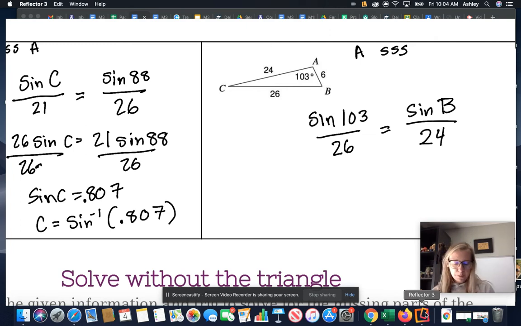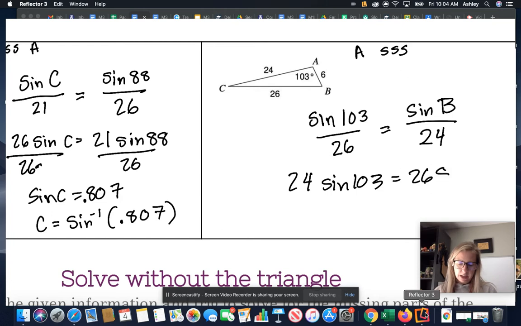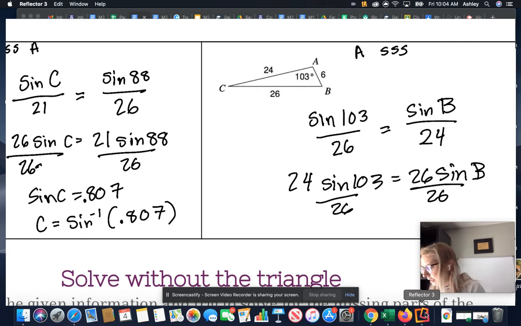Okay, so cross multiplication gives me 24 times the sine of 103 is going to be equal to 26 times the sine of B. To isolate that sine B, we're going to divide by 26 on both sides. Now we have 24 times the sine of 103, and we are going to divide that value by 26, and we get that the sine of B is about